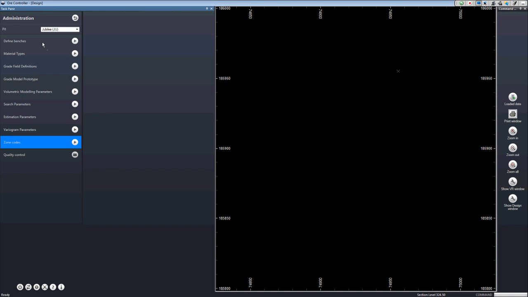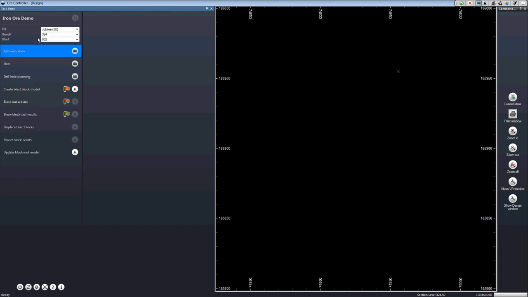There's also a section to do with quality control, which is something that we do before we ship it. Also, the administration area is normally restricted to 1 or 2 administrators in a particular implementation. And for the other users, then that folder would simply just not appear.